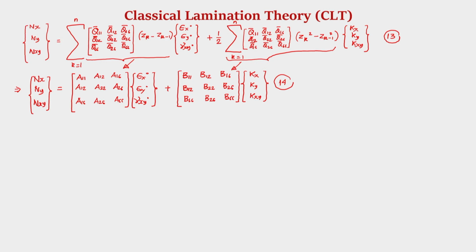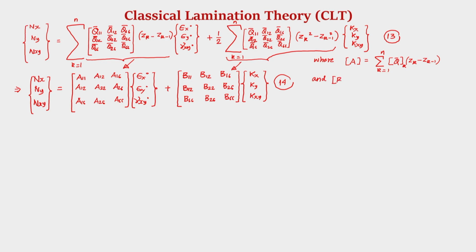Similarly, where we can write, the A matrix is nothing but, I am writing in short, sum over all the layers k going from 1 to n, Q bar matrix, it is actually 3 by 3, Q bar k, that means for the kth layer, z k minus z k minus 1. This is A, and